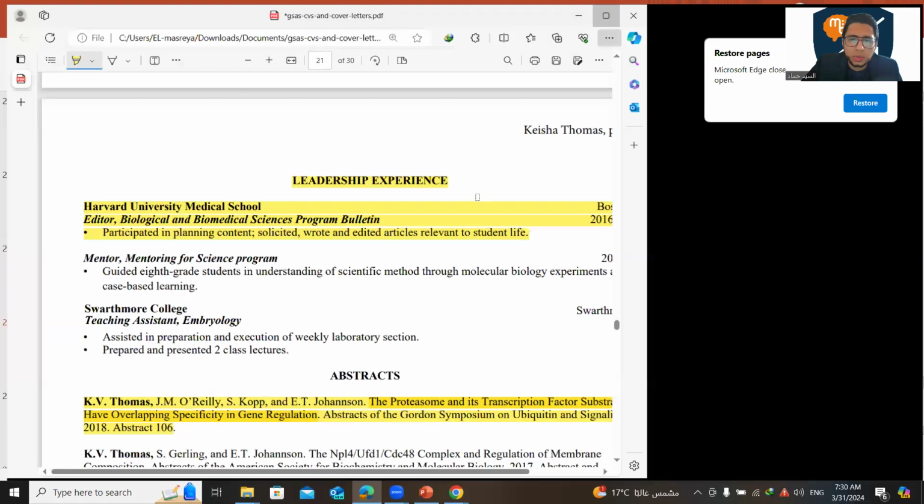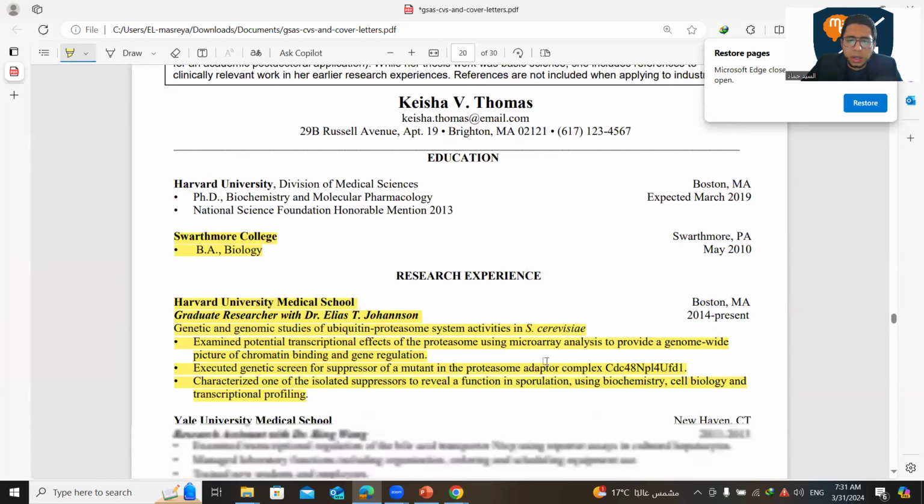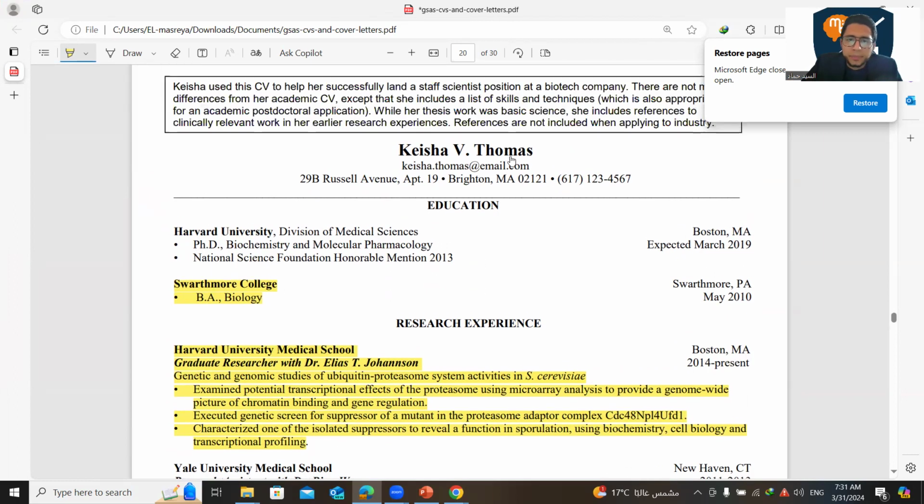After that, you should read the CV itself like this. You should read this box, and after that, you will read the CV and know how this person wrote his CV. And in this box, he says that this person was applying, for example, for a postdoc position,